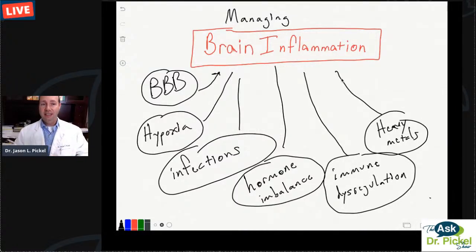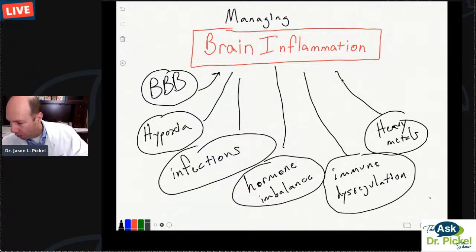So these heavy metals not only can be in the brain, but let's say they're in the gut or some other area. Over time this can affect your immune system, compromise your blood-brain barrier, and now you're getting inflammatory products going to the brain. So it could be primary, meaning it's in the brain itself, or it could be secondary, meaning it's in another area affecting you, which can go along with infections and other things too. All right, another one would be